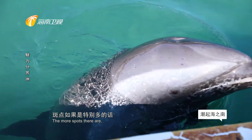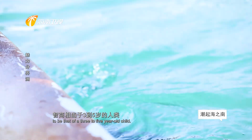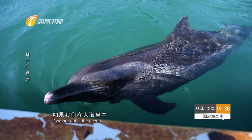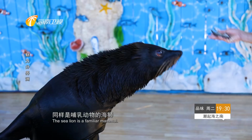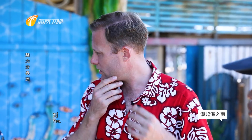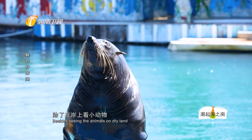全球呢，一共有62种不同品种的海豚，这个是其中的一种，叫斑点圆海豚。斑点如果是特别多的话，就代表它的年纪越大。 这样子。Dolphins' intellectual capacity is estimated to be that of a 3 to 5-year-old child. 海豚靠回声来定位目标的远近跟方向的，您在水边拍拍手，它就会游过来的。 Nice. 海豚有一个海上救生员的美称，如果我们在大海当中遇到危难，海豚的话都会出手帮助我们人类的。有过这样的先例不？有过。我们看来咱们这个海豚很有灵性哈。 The sea lion is a familiar mammal. Its unique superpower. 我们这些海狮都是南非引进过来的，它有一对小耳朵，但是呢，它辨别声音呢是靠胡须来分辨的。 靠胡须？ 对，它的胡须上面分布着很多的神经系统，它在海里面能够探测到几十海里外的声音呢。 通过这个可以感受到东西是吧？ 对， 千万不要刮胡子啊。